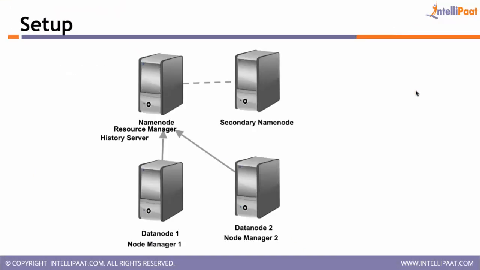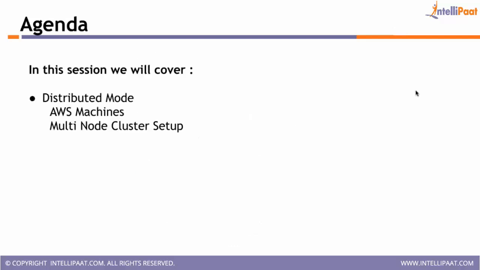The setup will be something like this. We will have 4 machines, 4 AWS instances, because we don't have physical machines. We don't have the servers in our lab with us, so we will be using virtual machines. These machines are provided by Amazon. I'll show how to sign up for an Amazon account and how to get these instances running. They have 370 hours of free instance running, so you can use 370 hours per month for free. You can all try, after this session, to create 4 instances and set up the multi-node cluster.